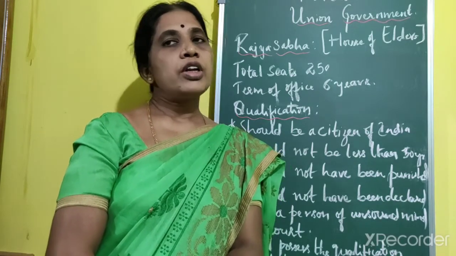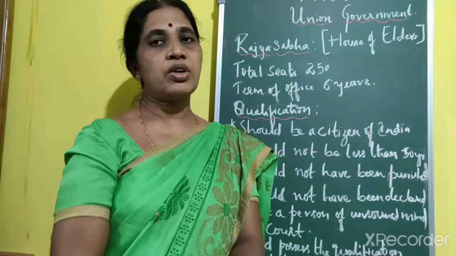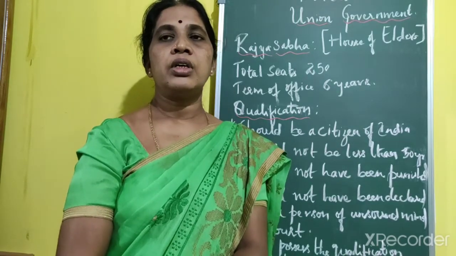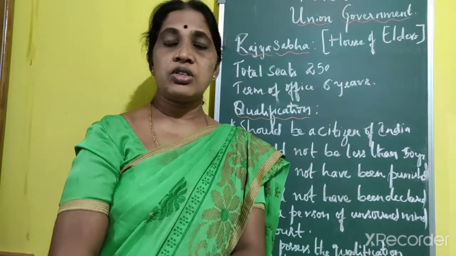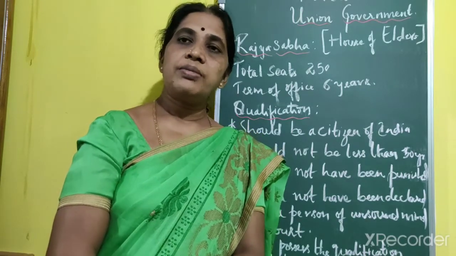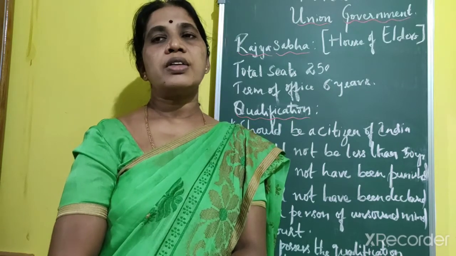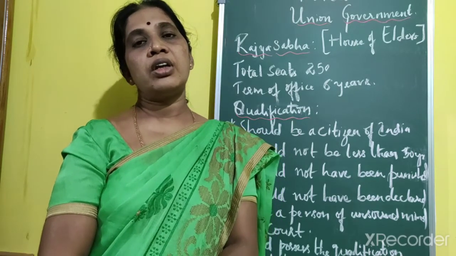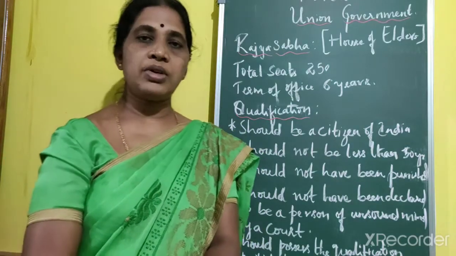And federal system you have studied. In the federal system you have dual government, that is you have center and the state government. Like India, you know that India is a state of union. It is a union of states. The power of the nation are divided between the central and the state. However, the central government has been given more power in view of unity and security of the nation during emergency,